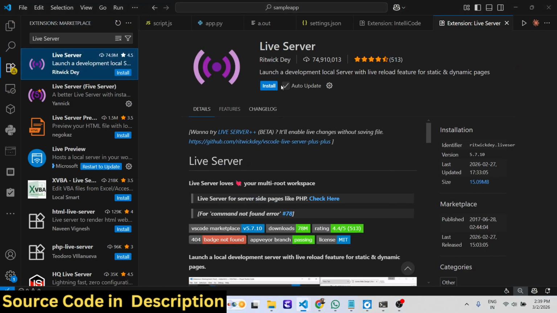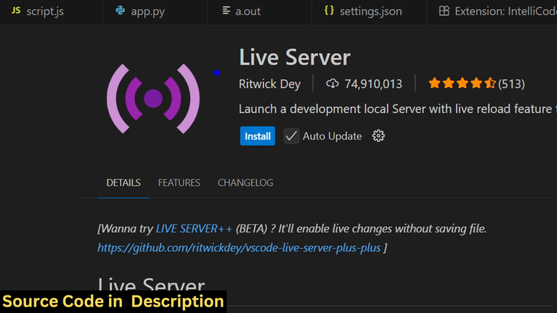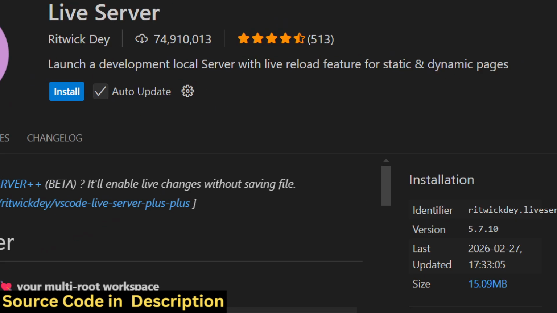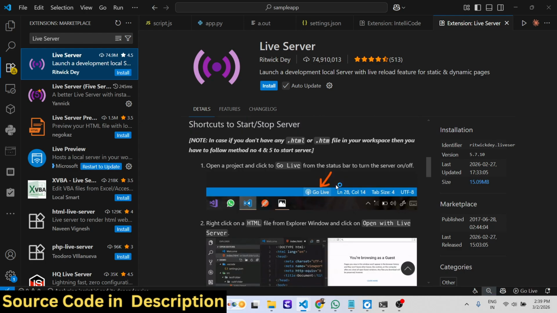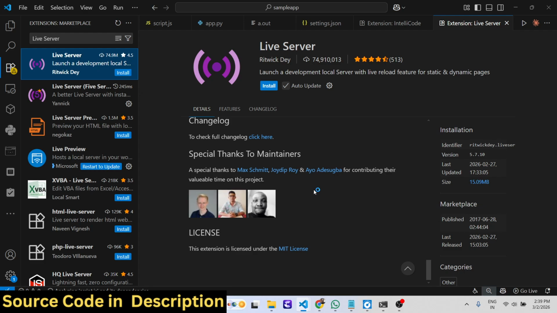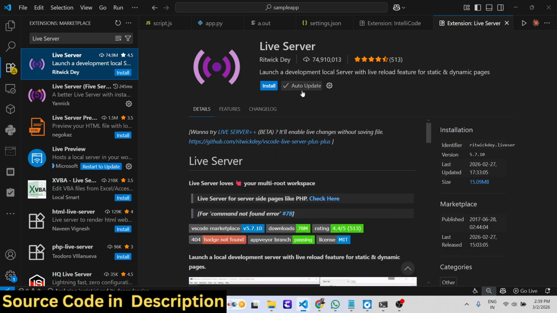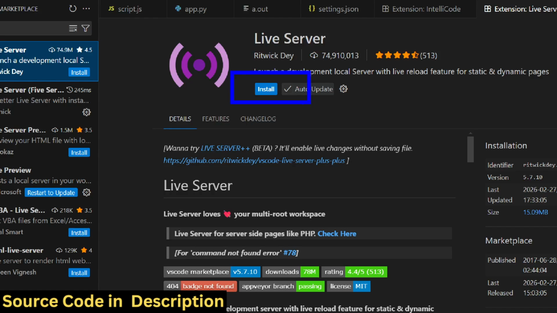On the right hand side, you will see the name of the extension, the developer, the number of installs, the rating of the extension, and a short little description. It exactly tells you what this extension does step by step. Now, to install and download it, there is this Install button. You click that button,